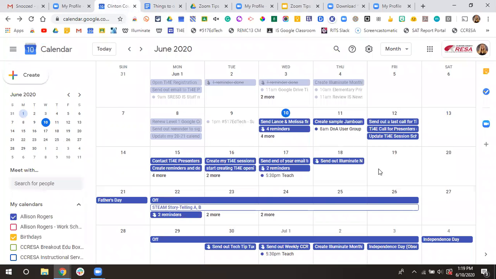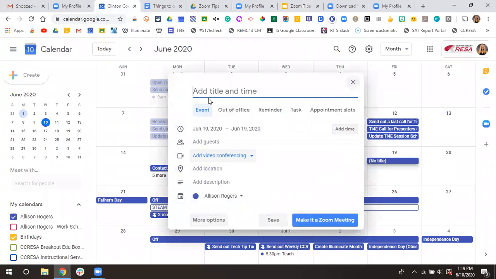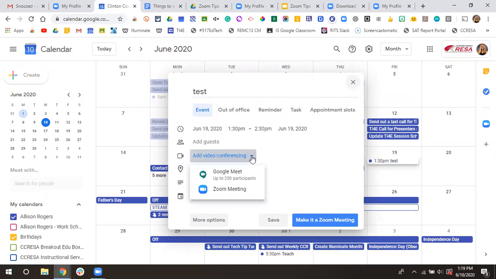So if I go to my calendar and I'm going to create a sample event, right now I can give it a title, give it a time, and then I can either click the drop down of add video and conferencing and select Google Meet, or Zoom meeting here, right? So if I do that,